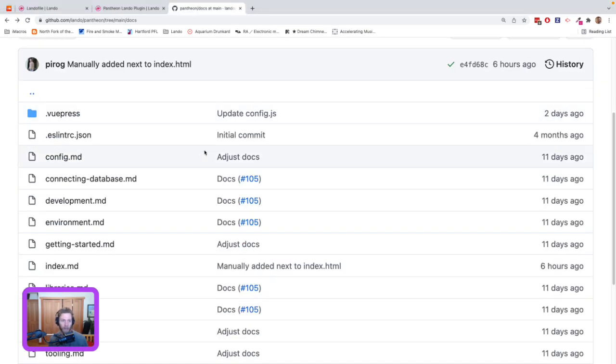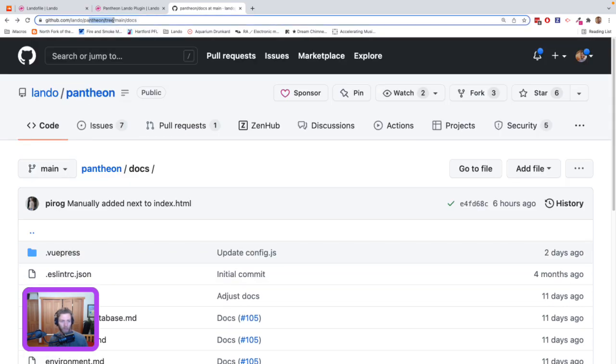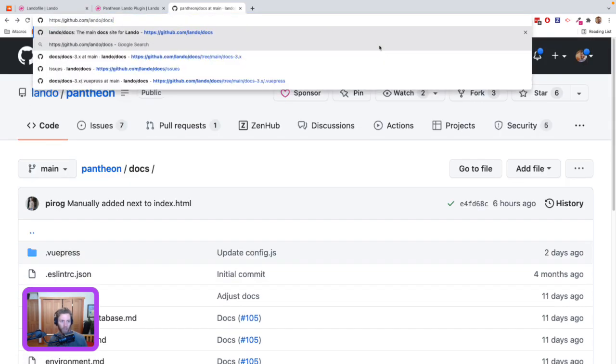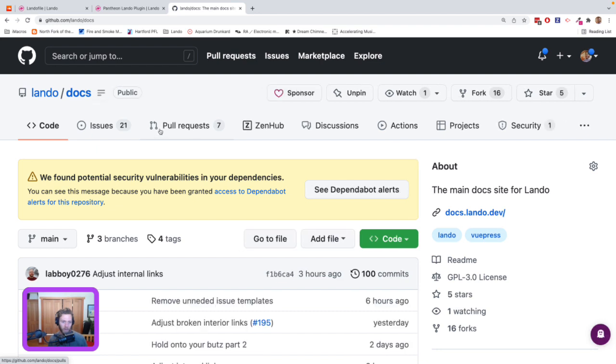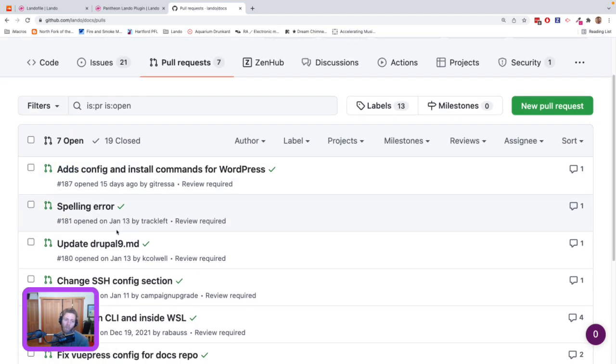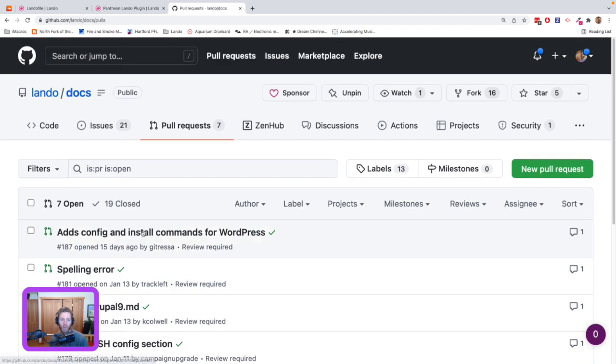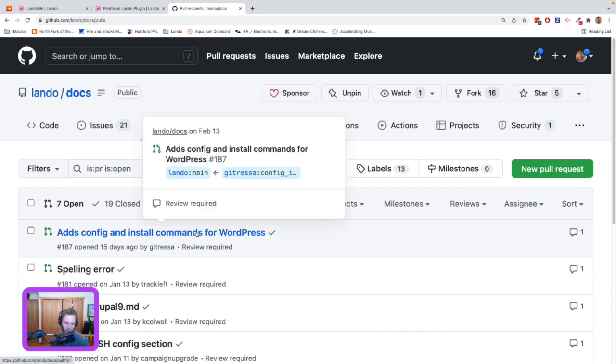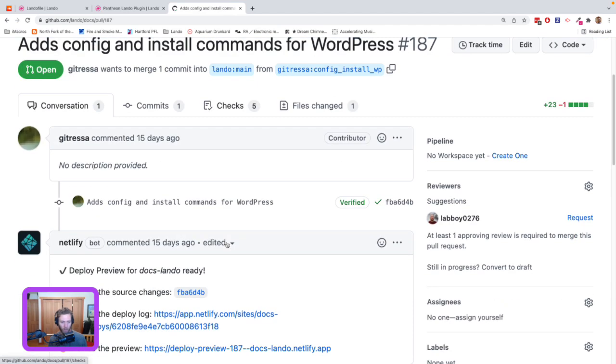What I'm probably going to be doing after this video is going to the Lando docs repo, and actually maybe we could just try some of that. We could just start some of this right now, just to show you how the whole new system works. We have a bunch of open PRs for our docs, but most of these now regard different recipes. So for example, adds config and install commands for WordPress. This is something that should probably be over in the WordPress